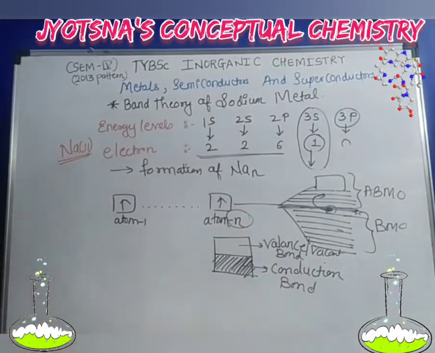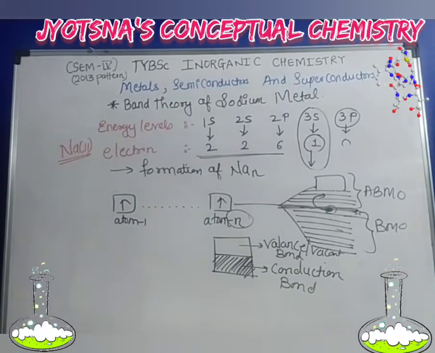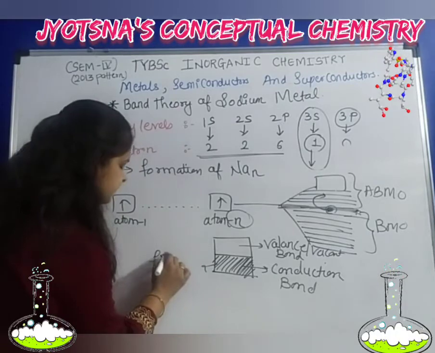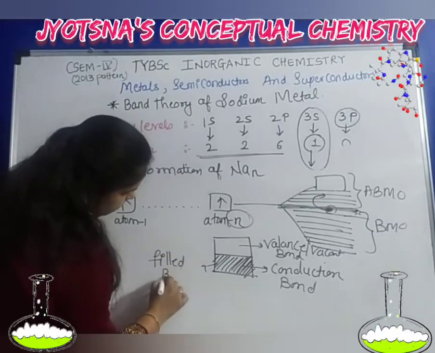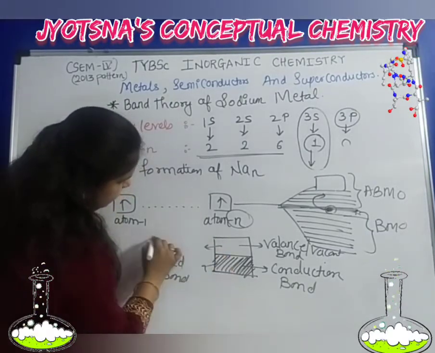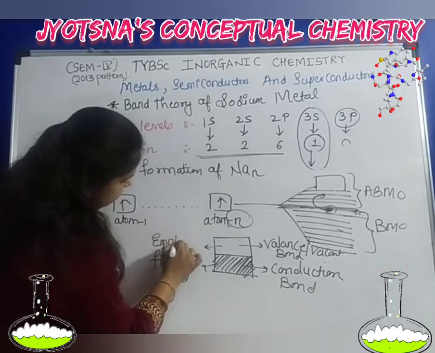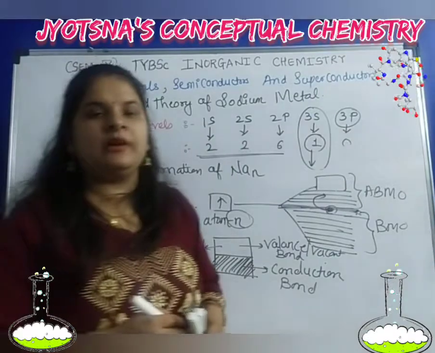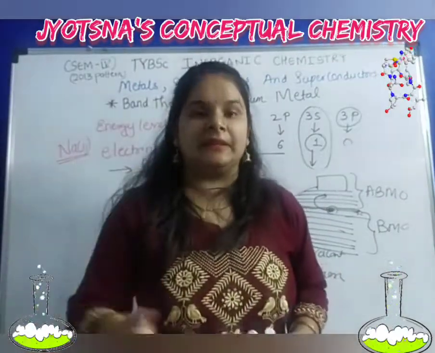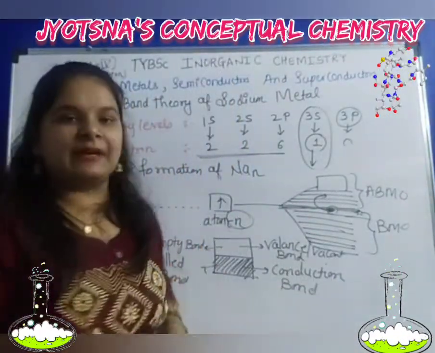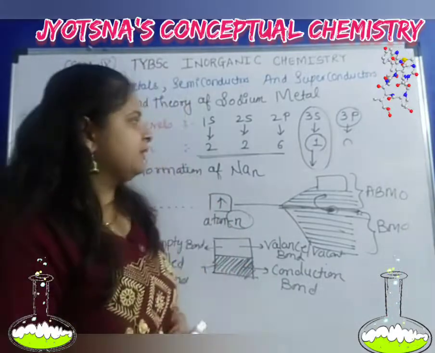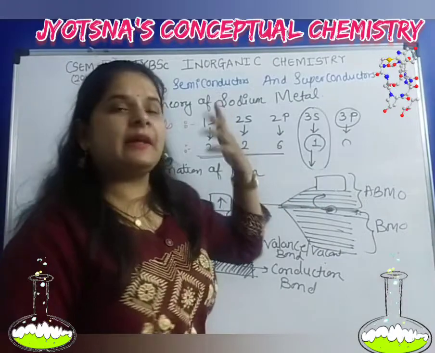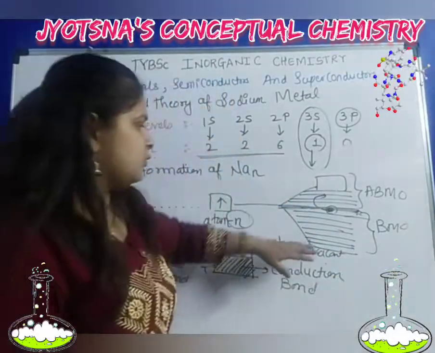Got it? Or we can say here it is a filled band and this is an empty band. Means the 1 electron can go easily into this vacant band. Got it? Here we can say that if you take n times of sodium,